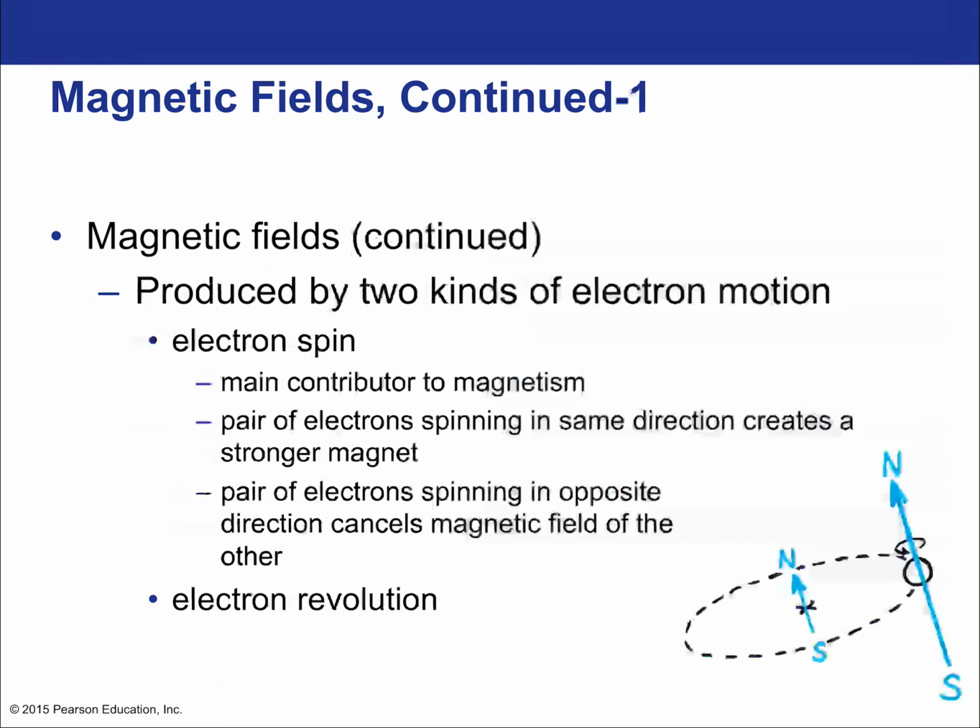So where do they come from? I mentioned this a couple of times, but we have a very good picture here. They come from electron spin and revolution. They come from the fact that the electrons are spinning, just like Earth is spinning and has a 24-hour spin around its own axis. And they come from the fact that the electron is orbiting, which we call the revolution, the revolution around the atomic nucleus. That's the motion that leads to magnetic fields in solids.